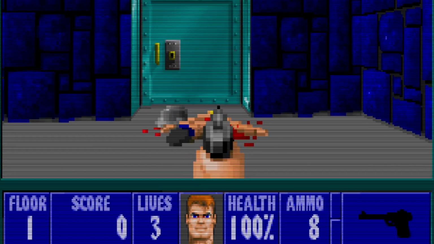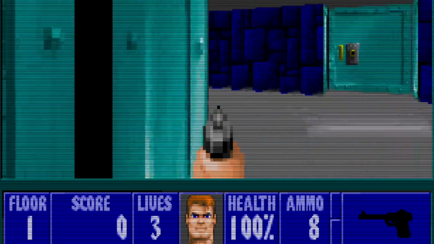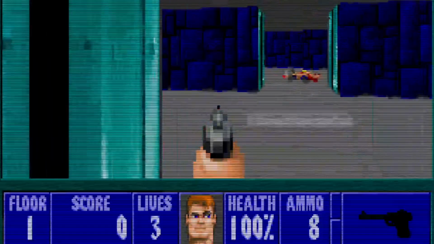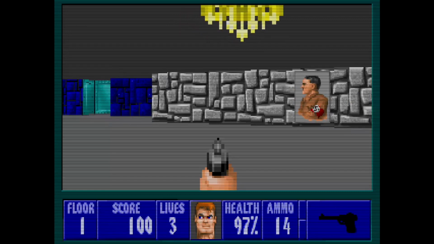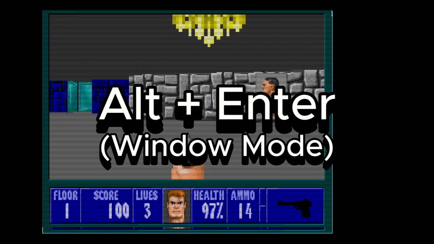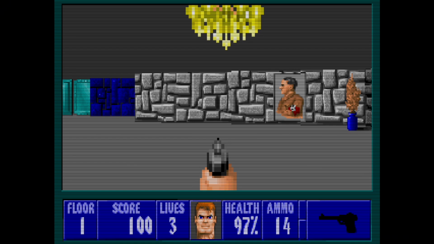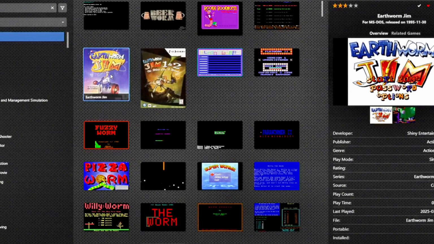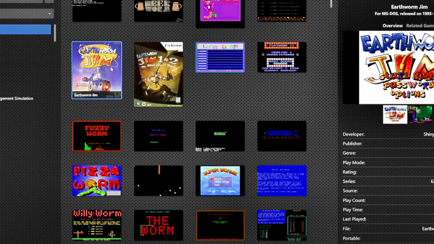Whenever you put on this filter, it actually feels like you're playing these games in that era on those old monitor TVs. Oh, and pro tip, press Alt plus Enter to switch between full screen and window mode. You're welcome! Another insanely awesome thing is that you can access a ton of extra materials for each game, like